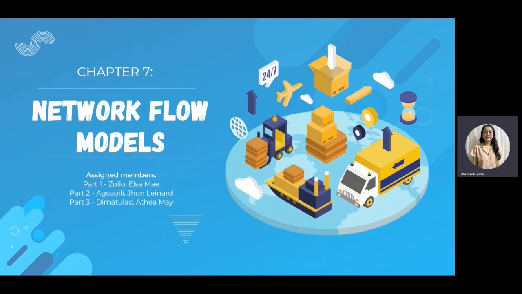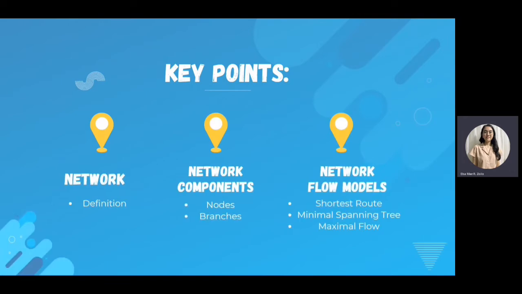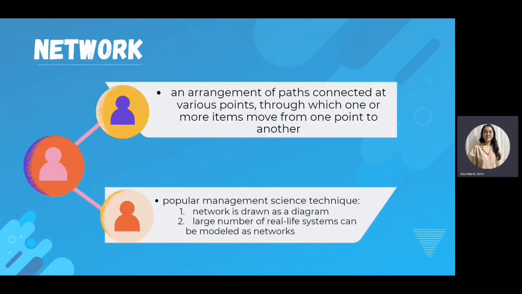We are now down to Chapter 7 entitled Network Flow Models, and this chapter is divided into key points. We have network components and the network flow models. Let us first define what a network is. It is an organization of passageways that are interconnected at several locations, through which one or more things travel from one point to another. It is a popular management science technique because, first, a network is drawn as a diagram,